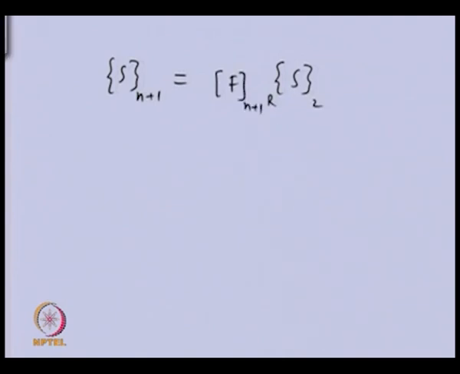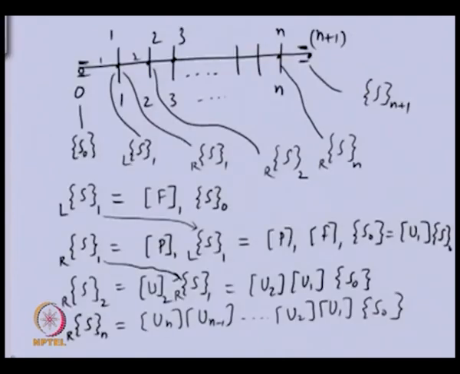So, you can see, go back. This particular state vector and this are related by a field matrix of this particular shaft, which is the n plus 1th shaft. So, we need to pre-multiply this with the field matrix of this shaft to get the field variable of this. Now, you can see that